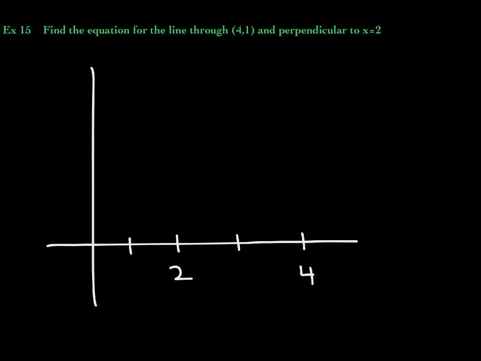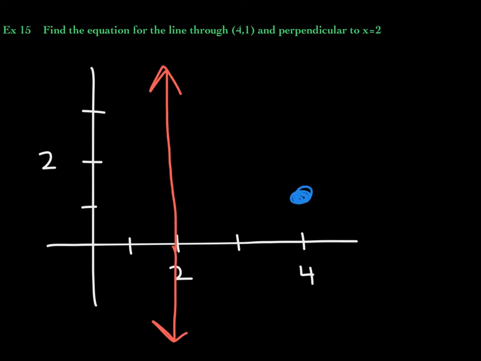They're telling you that you have this line here, x = 2. What kind of line is that? It's a vertical line going right through 2 on the x-axis. So a vertical line like that. Okay? Now, they're telling you that your line goes through (4, 1). Where's (4, 1) at? (4, 1) is right here. Okay? So your line goes through this point and is perpendicular